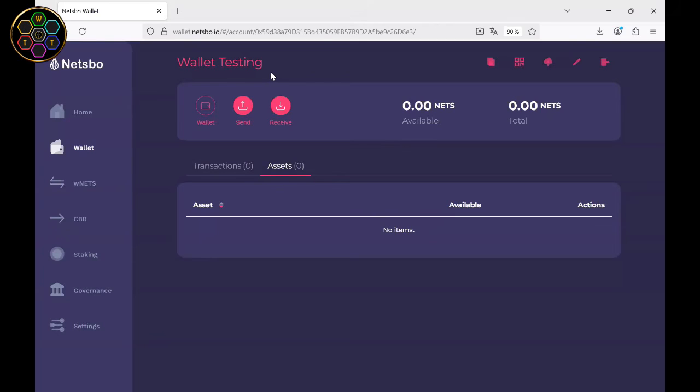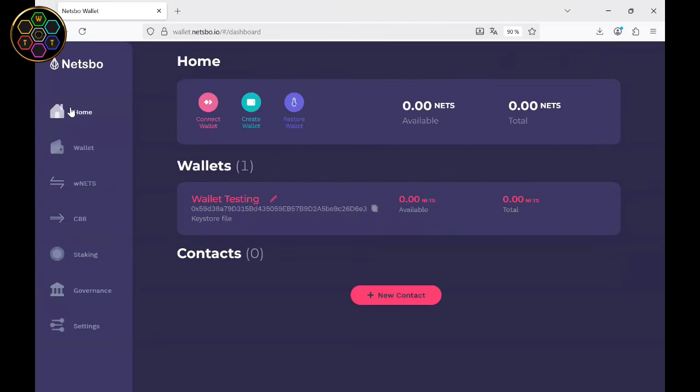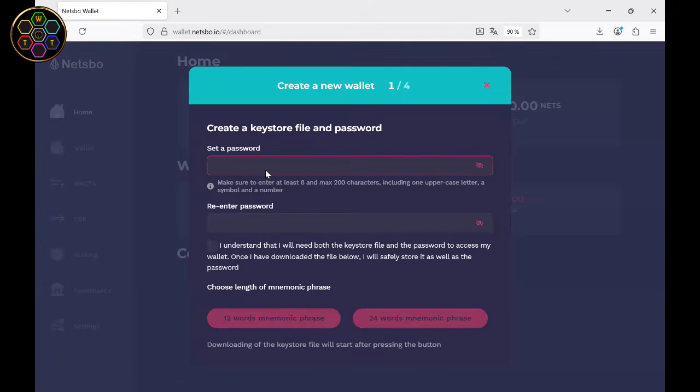I will not connect this wallet to the RSL coin digital shares from Renaissance Space Lab. After this one, I will create a new one, okay? And I follow the same steps. The password, confirm the password, click the button here, select the 12 words, and again the same steps until you